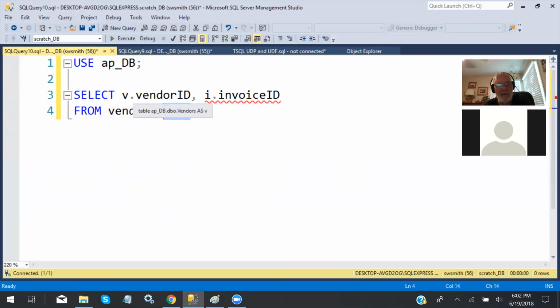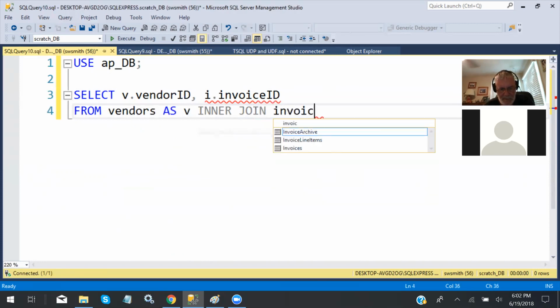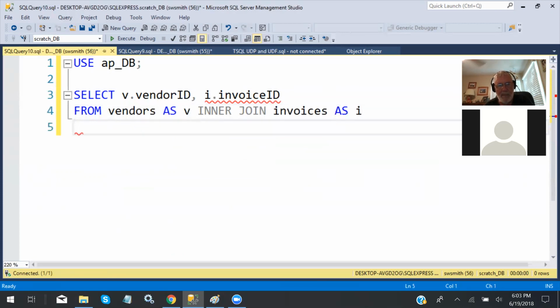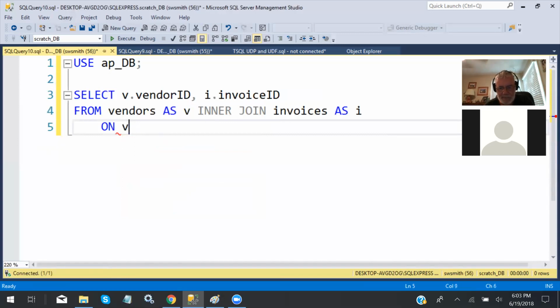Otherwise, I would have to have said vendors.vendor ID as V, inner join. Let's see, I'm going to start with V dot